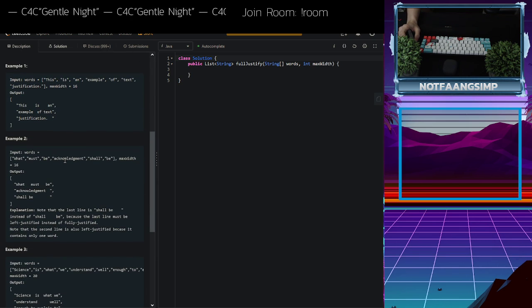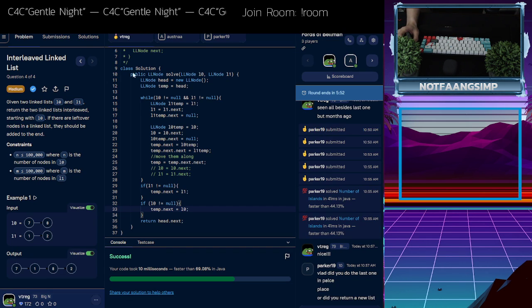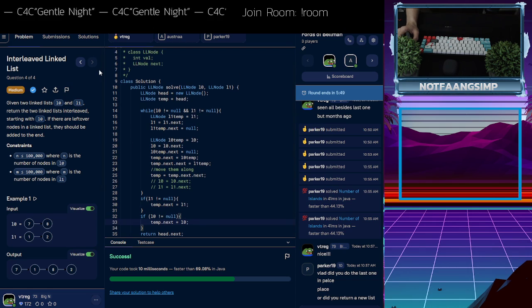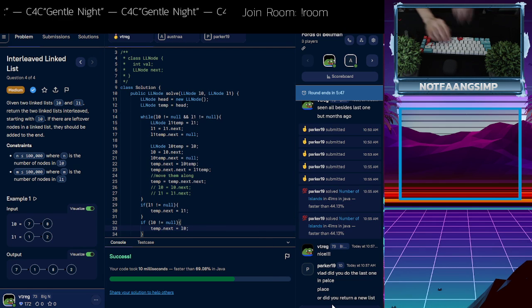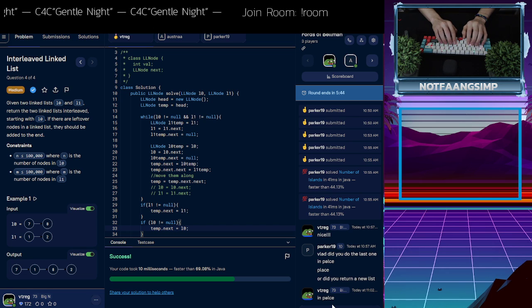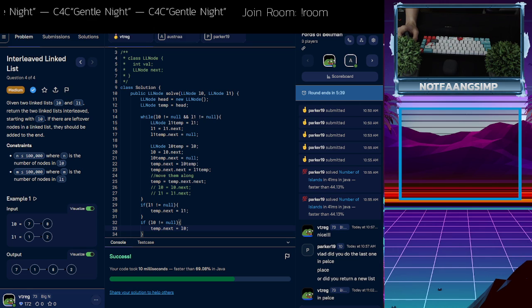Because the last line must be left justified instead of fully justified, that is just kind of annoying. The justification is what makes this question annoying, figuring out where spaces should go. How's this one looking? Okay, so